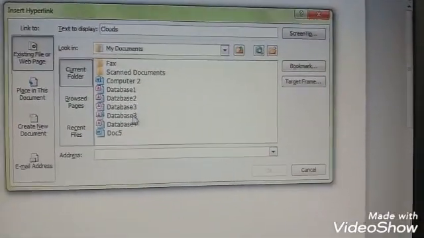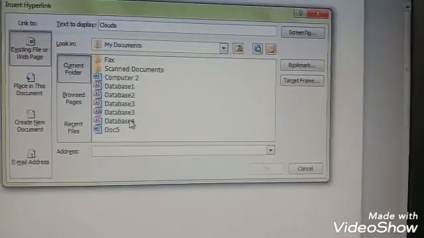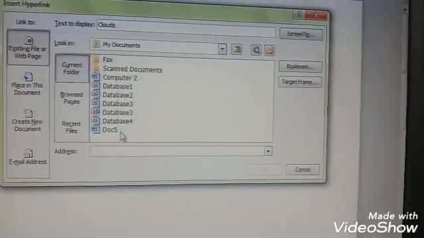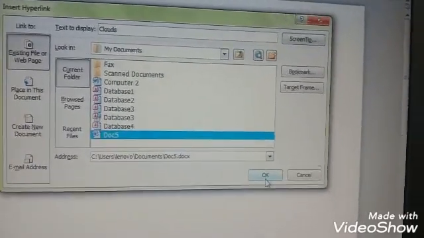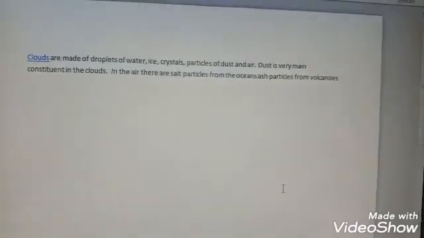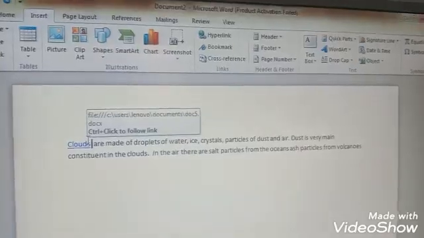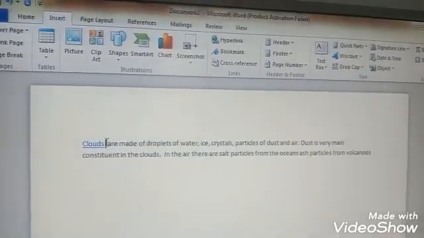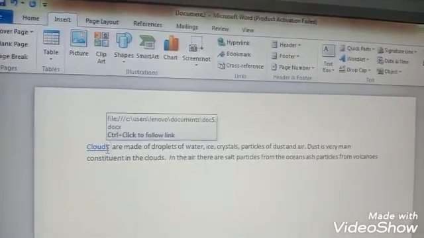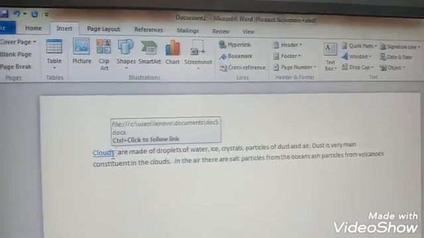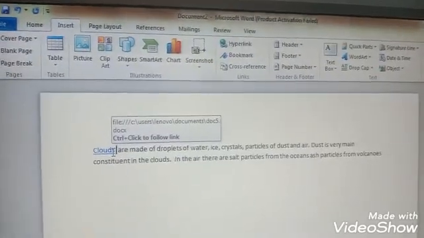Select the document from existing files which you want to set. Okay, Ctrl+Click. Now you can see the hyperlink on your screen. By using this, we can easily move from one document to another or from one page to another page very quickly.